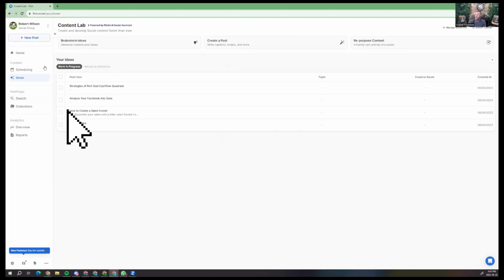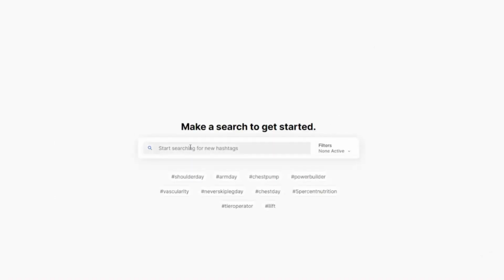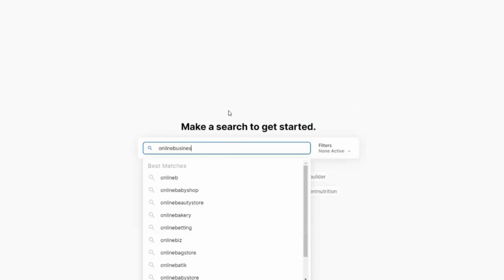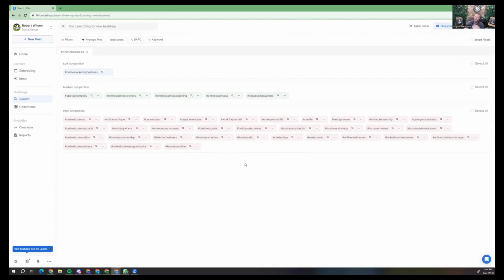So let's start diving into it. The first thing that we're going to do is go to the search bar. What you need to figure out is a few things: what is your target demographic, what are their interests, what do they do, who are they essentially, as well as what industry you are in. So if you're in a similar industry as me and you're in online business, let's search online business, okay? And just make sure, because this is not keywords, this is hashtags, they have to be all one word. So let's go through this and we'll add them to a collection, which we'll go into afterwards, which is essentially just folders of hashtags. And we're going to dissect the ones that we find from here.